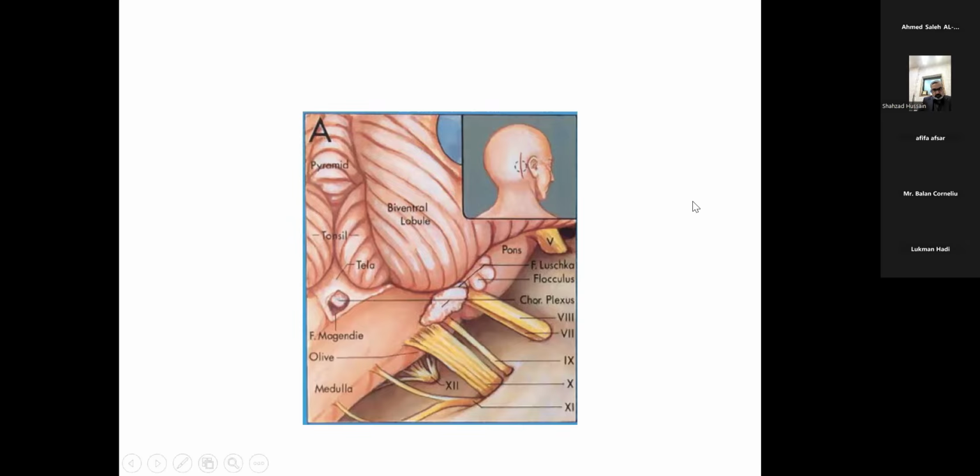We can see in the inset picture the characteristic incision of a retrosigmoid craniotomy. The dotted line indicates the craniectomy site. This is lying just posterior to the mastoid. How far superior and how far inferior we extend depends upon which neurovascular complex we have to address. If we are working towards the superior aspects, obviously our incision is going to be more superior and less inferior, but it's always fixed with the 5 mm medial approach to the mastoid. And if you're going to be working down, then our incision is going to be more inferiorly located in the same setting.